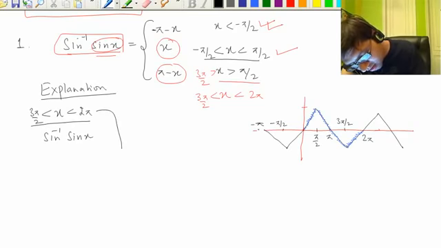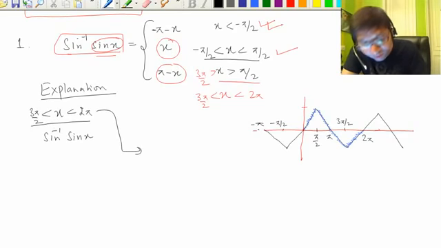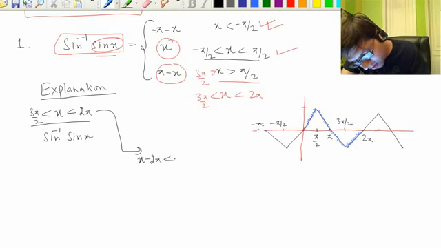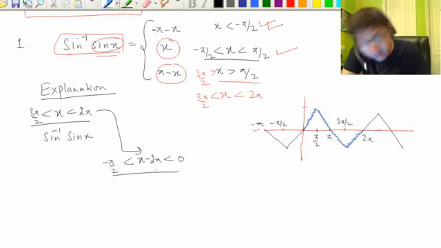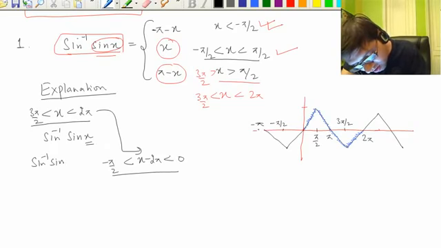Now let's take this interval. We want to modify this x and bring it between minus pi by 2 and pi by 2. So we subtract 2 pi. This becomes 0, and this becomes minus pi by 2. x minus 2 pi is in the principal value branch. So if we make it x minus 2 pi, here we can cancel sine inverse with sine. So it is sine inverse sine, and it's not a problem. Sin x can be written as sin of x minus 2 pi.